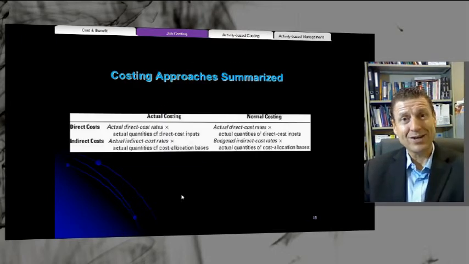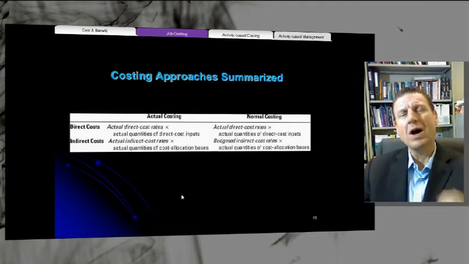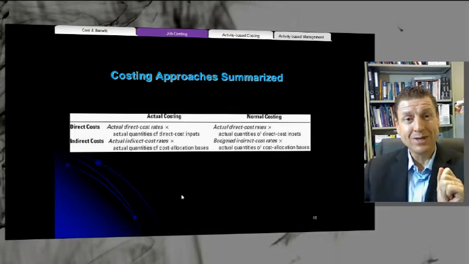So we have the costing approaches summarized here. And we've got actual costing, normal costing. These are the actual mechanics. But first, understand why you're doing it. The why is so much more important. Here is the how with the slide. I don't want to bore you with the how, but basically